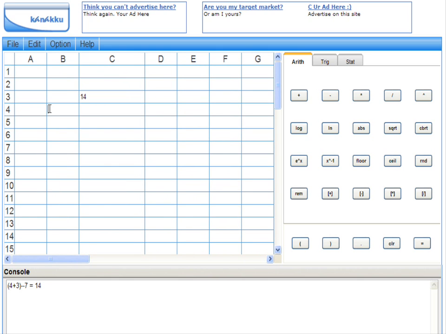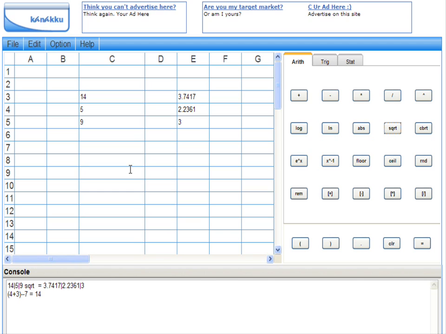Multi-selections are useful in this application because they allow us to perform an operation on a given selection. Say, for example, I have these 3 elements. I can apply an operation to all these elements by clicking on a button in the calculator. Say, for example, I choose a square root operation. If I click this button, then the application will evaluate the square root of 14, the square root of 5, and the square root of 9, and the answer will be displayed. Also, you may notice that the console has also been updated with the calculation we've just made.